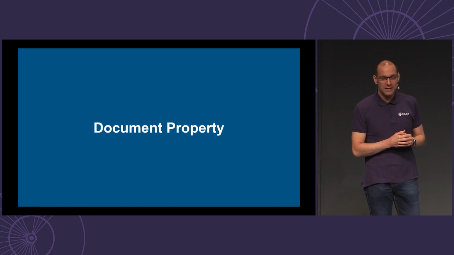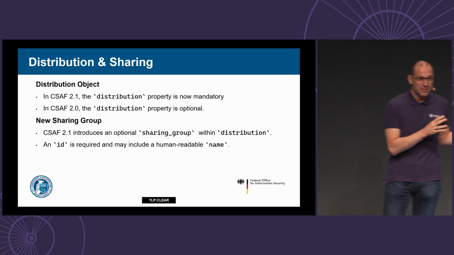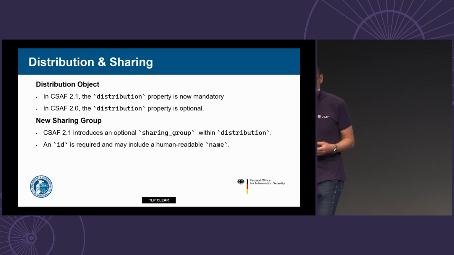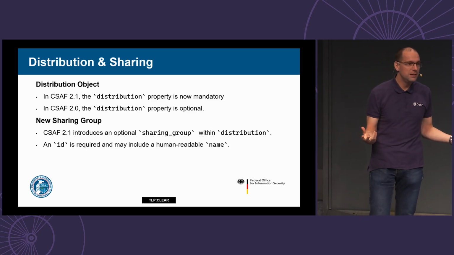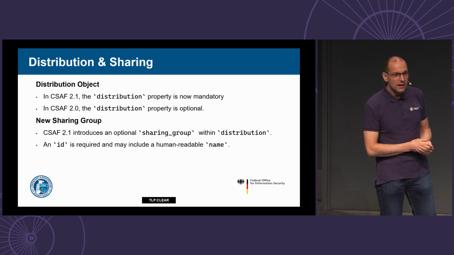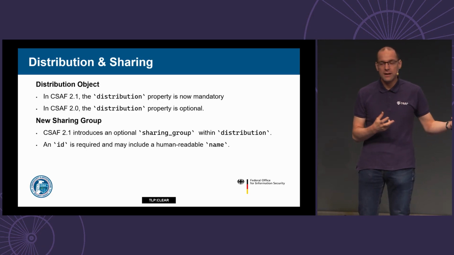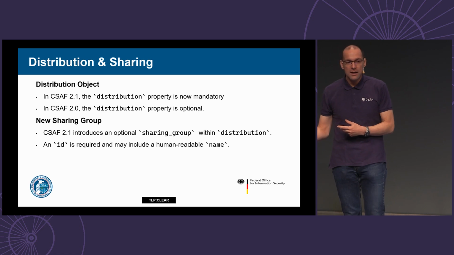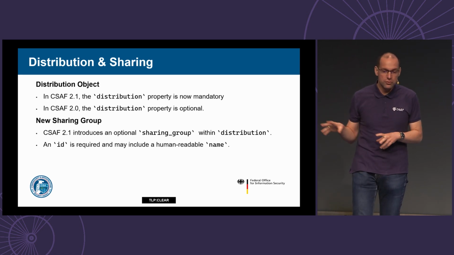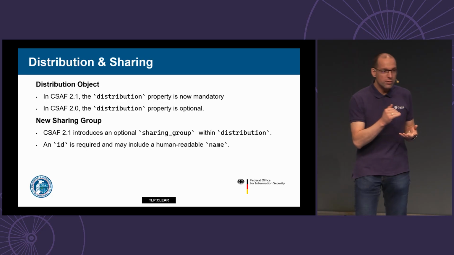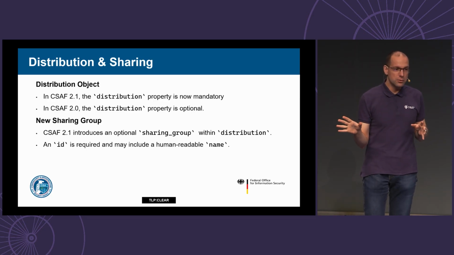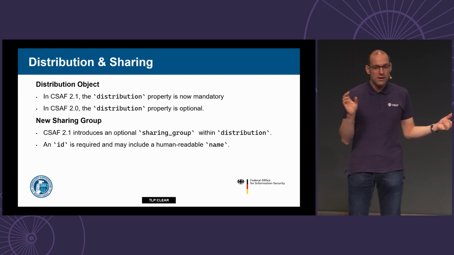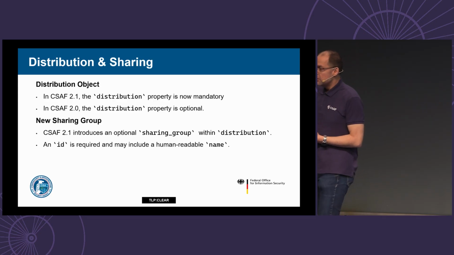And the sharing group is basically a thing that we looked at MISP and thought, well, it might be a good idea to have such a thing. So if I have a TLP, say, amber document, how do I know whom to share that with, and how can I process that automatically? And so we added that attribute of sharing group and said, well, there are certain rules across those things, but basically you have a UUID v4, and then you can automatically process based on your rules, and you don't have to parse any text to do that.